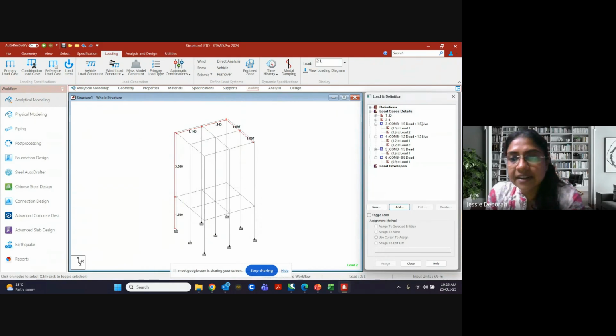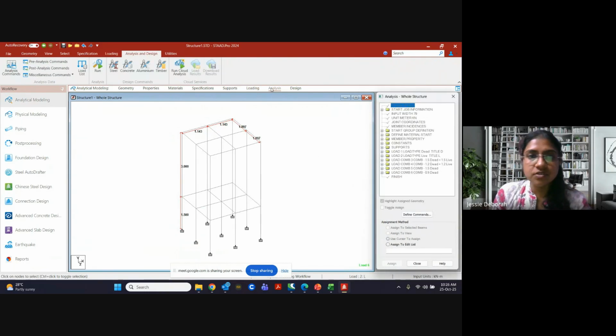So how is it added? 1.5 dead load plus 1.5 live load. Then it is 1.2 dead load plus 1.2 live load. Your next combination is only 1.5 times dead load. Your last combination is going to be 0.9 times your dead load. Okay, got it? So now we are going to analyze the structure.